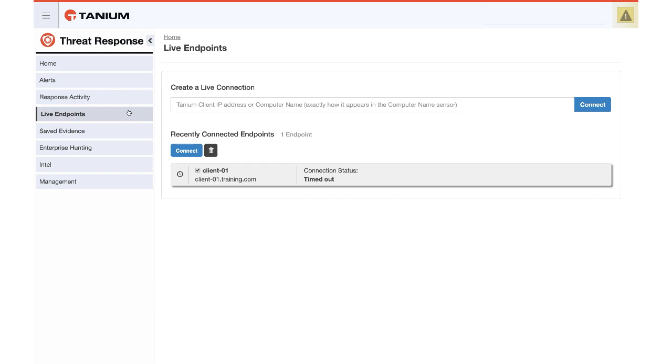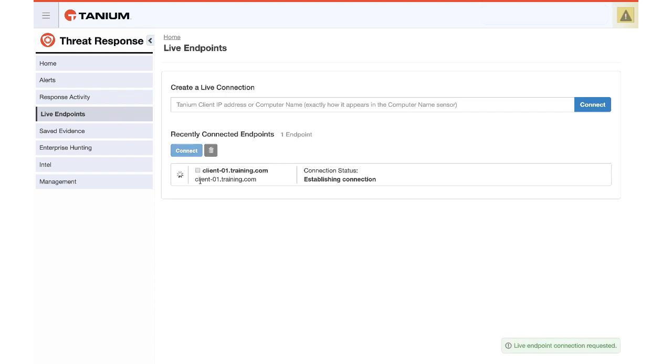Now we're in live connect, and we'll see that we're going to connect to this client, client 01. What's happened here is I had it queued up earlier, but it's timed out already. It's not a big deal. It'll take just a second to reconnect. So what we're going to do now is connect to that endpoint and view the local trace